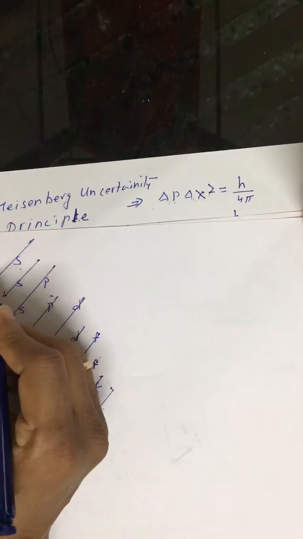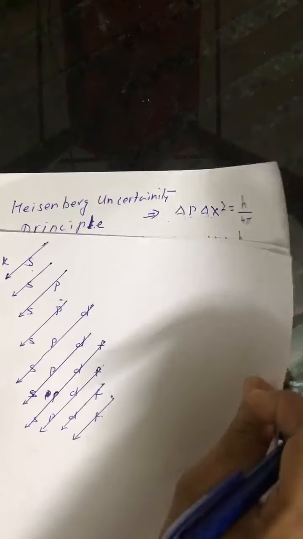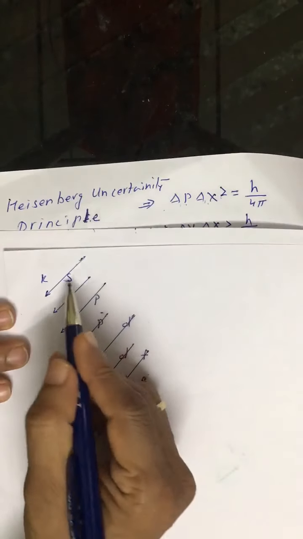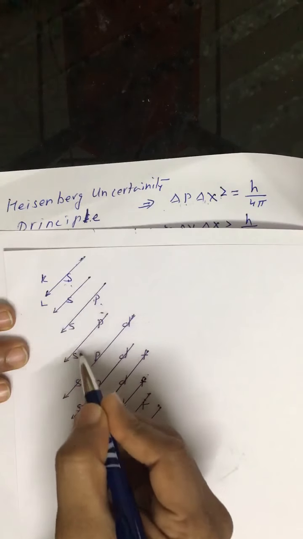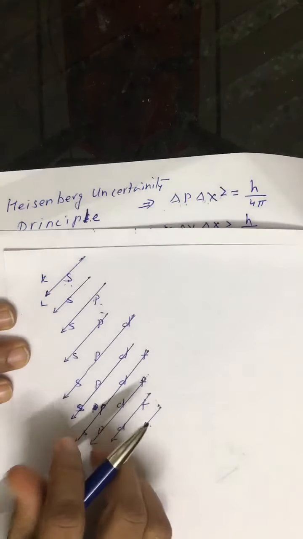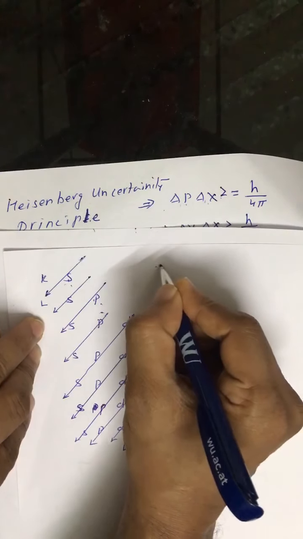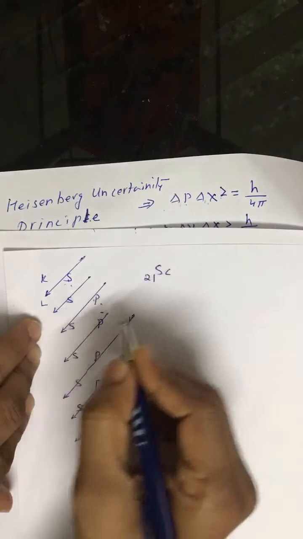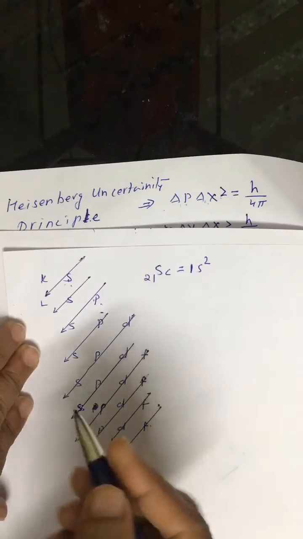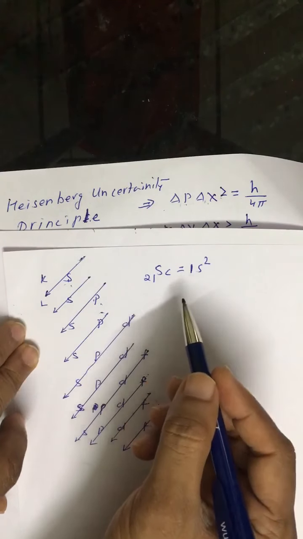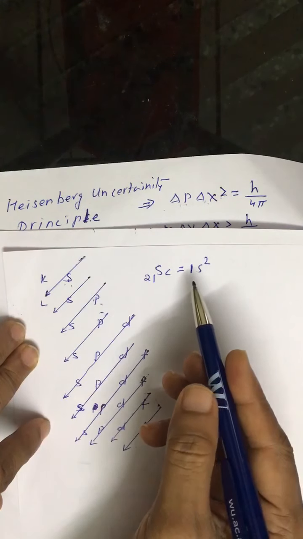In the first shell, that is the K shell, we have one S subshell. Then in the second shell, the L shell, we have S and P. So you must draw the structure, and then if we have some element like scandium 21, how do we write the configuration? This I'm discussing because some students have asked how to write the electronic configuration.